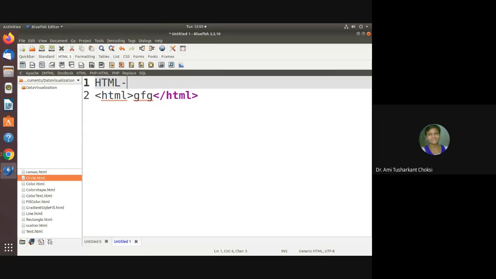HTML is hypertext markup language. It is hypertext markup language. What does that mean? Markup. Markup, that means which mark a particular thing. When we are having, say, any particular